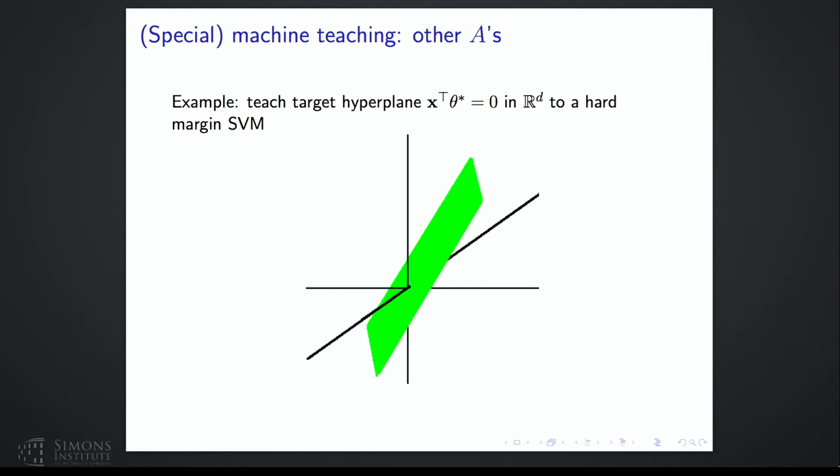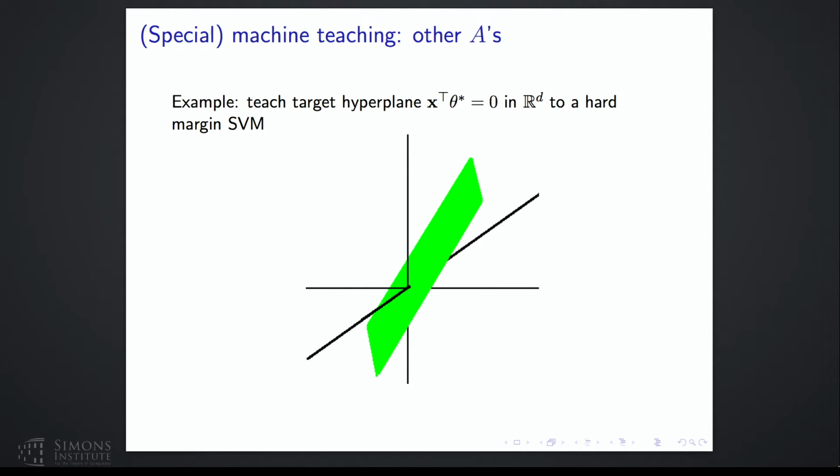So here is one example. We are really saying, hey, think of hard margin SVM. So what does that do? If you give it a bunch of training examples that are linearly separable in your feature space, it's going to find a hyperplane that has the largest margin. Okay, so that's a well-defined learning algorithm. And let's say we want to teach that learner, the hard margin SVM, a target model.